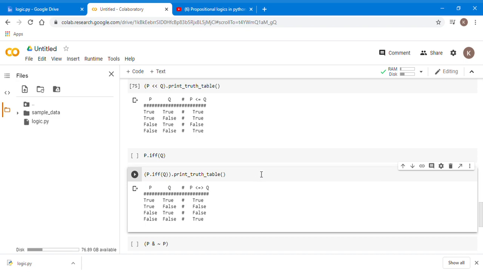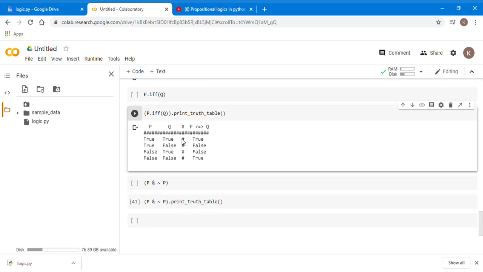As you can see, when P is true and Q is true, the output is true. Also when P is false and Q is false, the output is true. And for the rest of the two conditions, the answer is false. That means in order for P to exist, it is necessary and sufficient for Q to exist too.